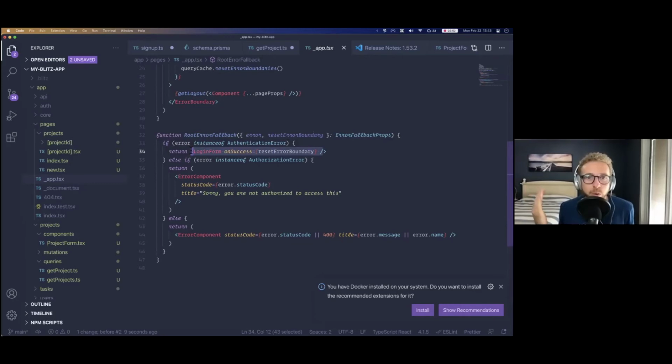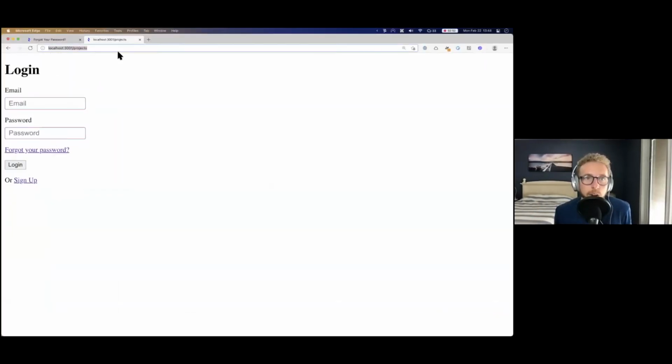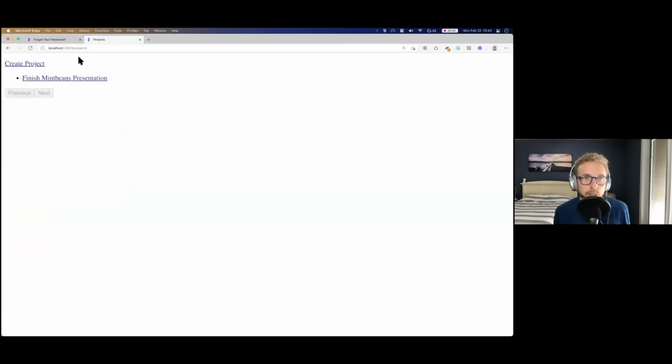So you can just throw an authentication error from anywhere in your app, whether it's on the server or the client, and it just magically comes all the way to this error boundary, and then you can handle it however you want. You could redirect to a login page if you wanted to, but we recommend just showing the login form. So like you can see here that we're still on that original URL. So let's just log in. And you'll notice that as soon as we log in, the project's page will appear. Bam. And we didn't even have to do any redirects or anything.